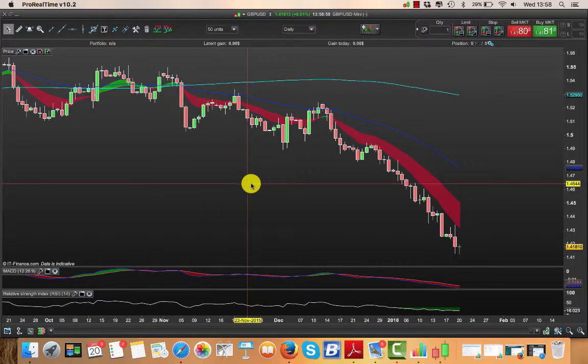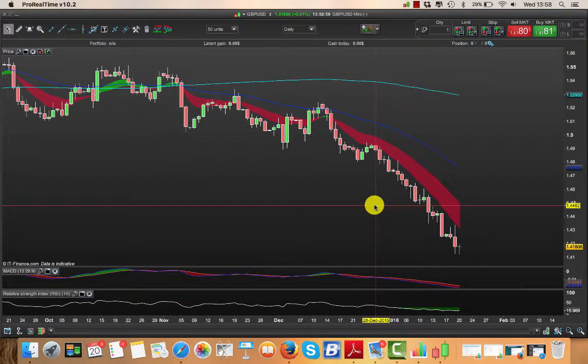And I have had trades in the British pound to the US dollar, and I have made money on this. To say it's easy for someone who's starting off is probably the wrong terminology, because you've got to get good at it. You've got to understand what a trend is. You've got to understand all the basics. If you don't know the basics, then it's very difficult to make the right assessment and get the highest probability trade.